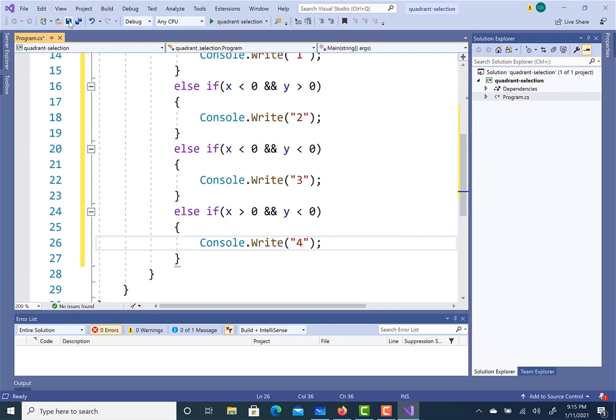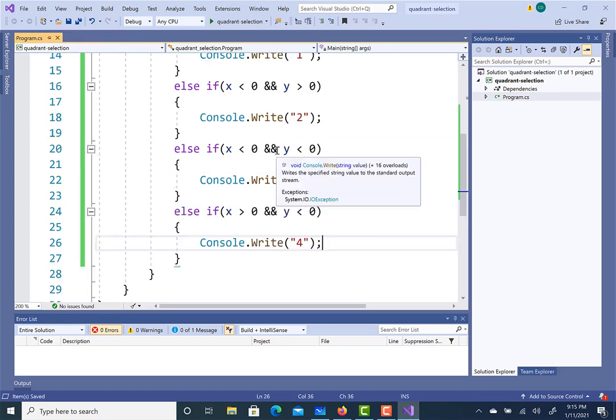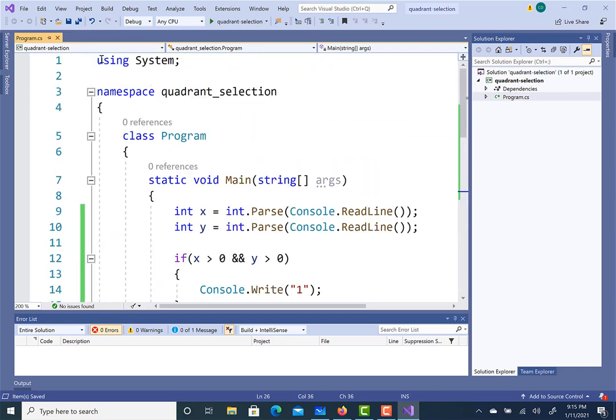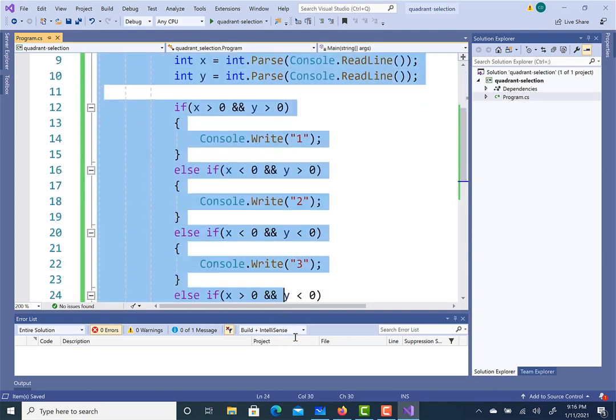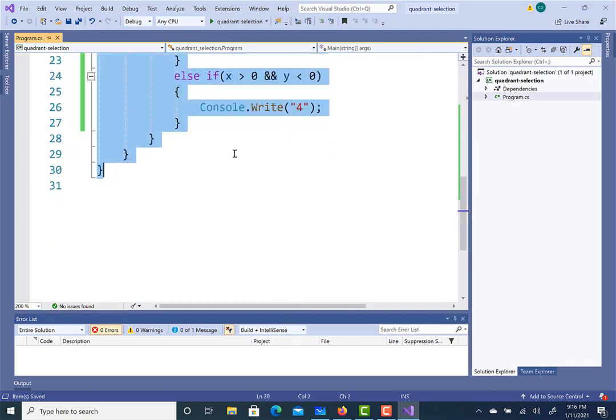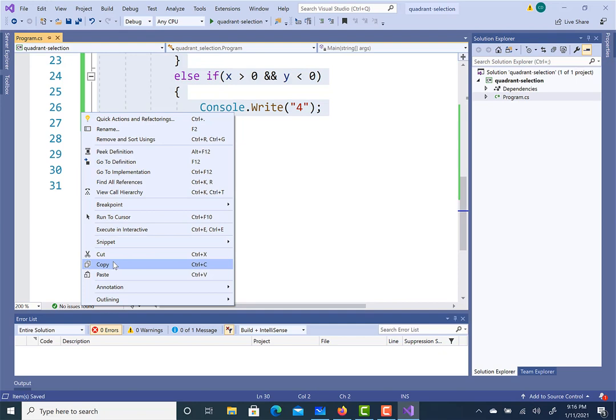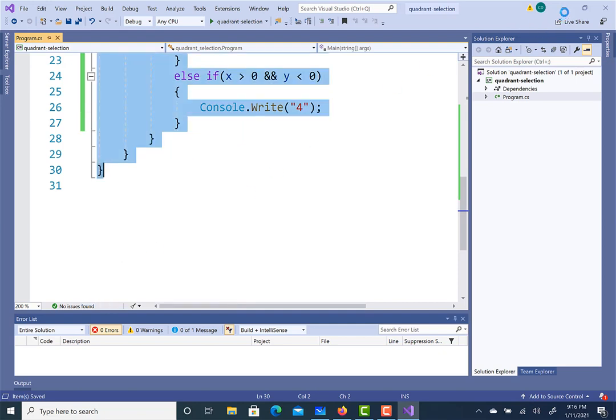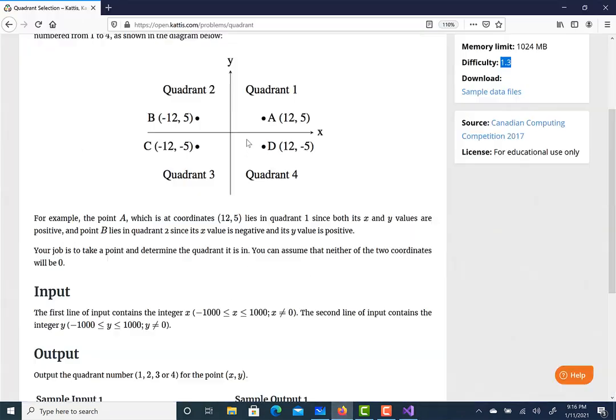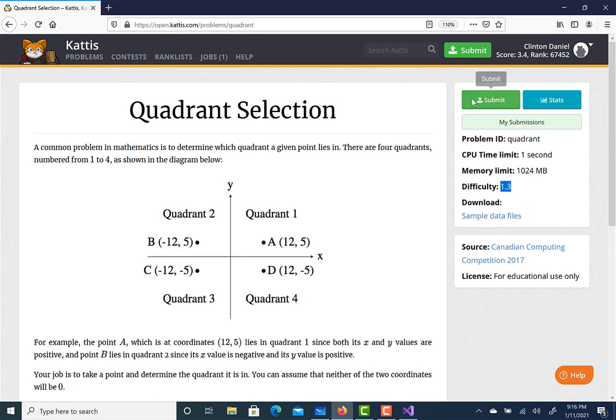Okay, so now that we've got that, we could do a couple of different things. We could copy this code and paste it inside of Open Kattis when we submit the problem, which I could do easily. I could just copy this code, or I could actually navigate to the file itself. Okay, for the simplicity of this example, I'll just copy this code. We could navigate to the program.cs file if we wanted to. So I'm going to go right here to Open Kattis, and you'll see this Submit button. So when we click on the Submit button,